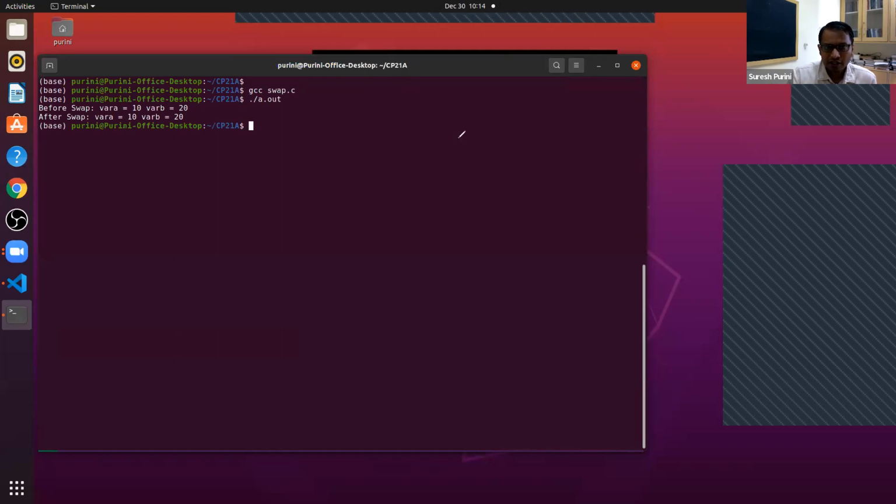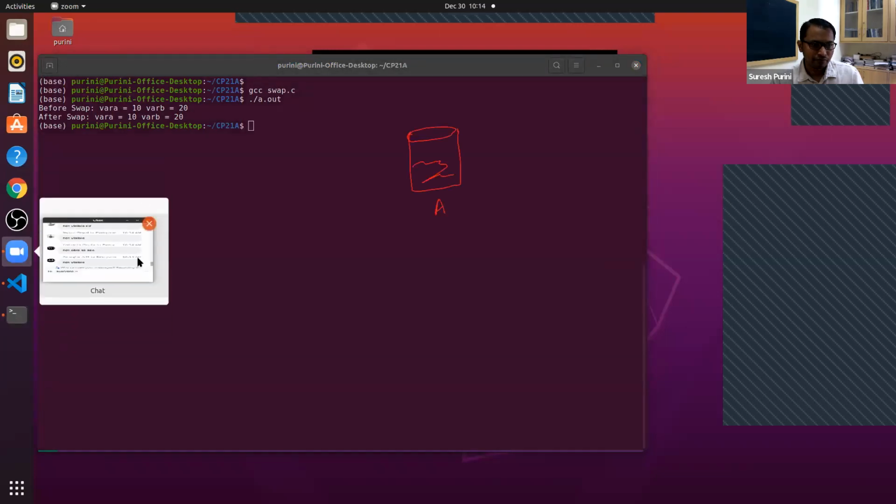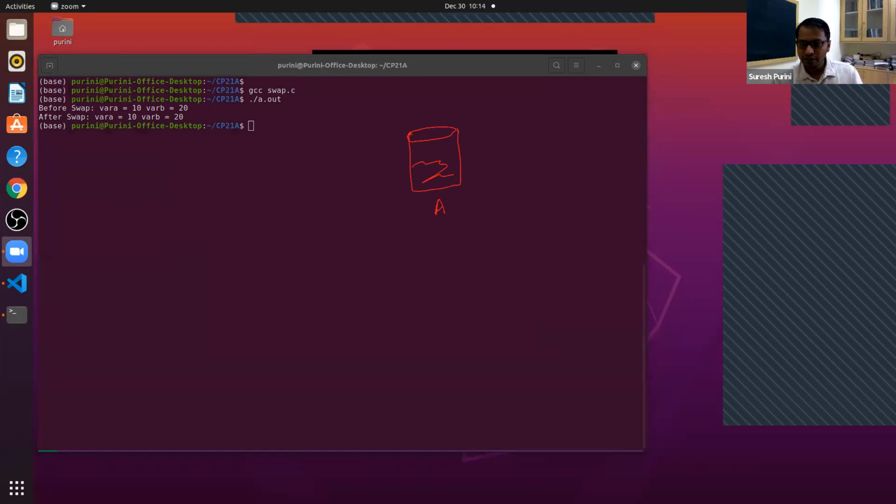This is glass A, a beaker with some content in it. Now it should be visible, right?